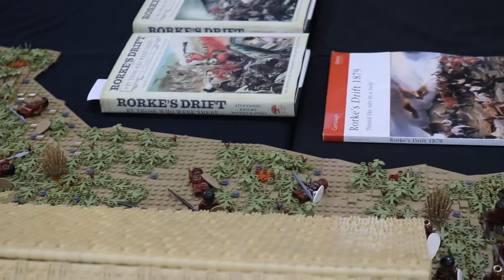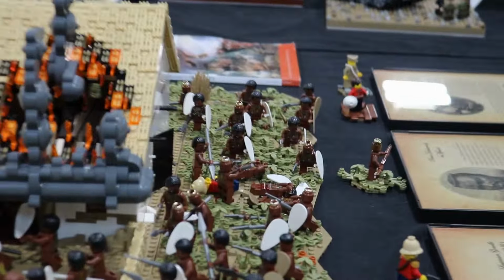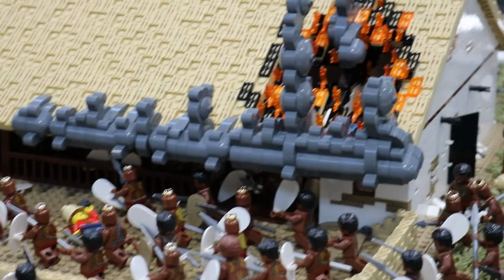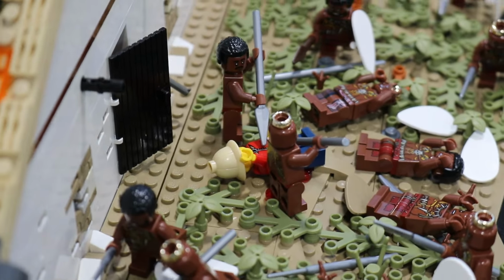This is about 7:30 p.m. during the second attack. You can see the Zulus kind of sweeping around from the south and coming around to the north end of the station, which is what they did. They broke into the hospital, started pulling out the defenders, which you can see Private Joseph Williams on either side. And that's how they got into the hospital. They threw a couple fiery spears up there, set it ablaze, and ended up driving the British out of the